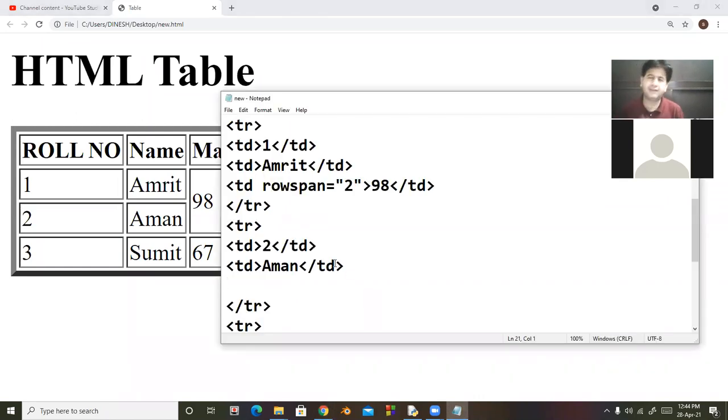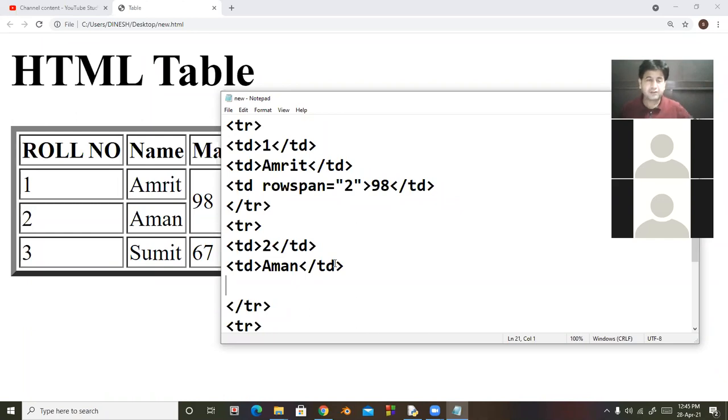So row span is an attribute of a TD or TH tag. It is not an attribute of a body tag or a TR tag. It is an attribute of a TD or TH tag. So this is called row span.